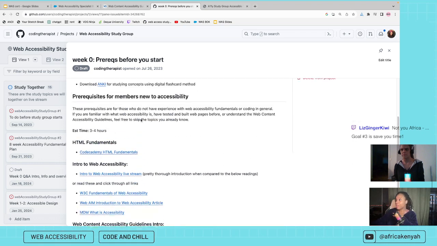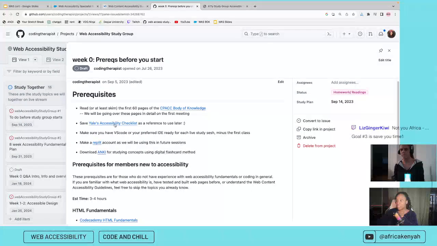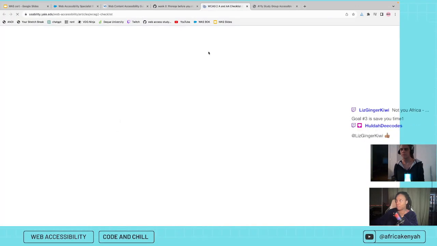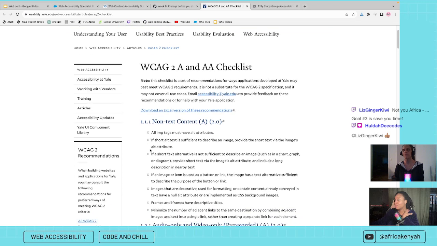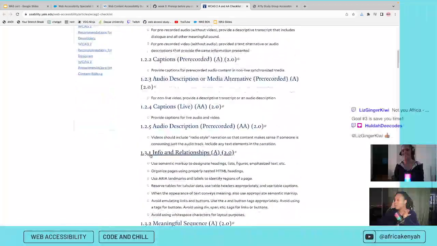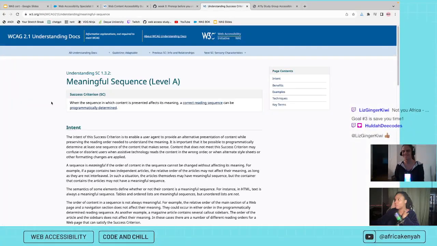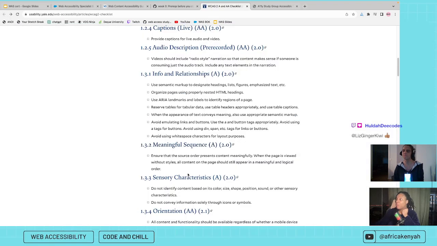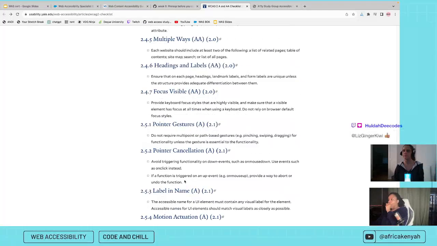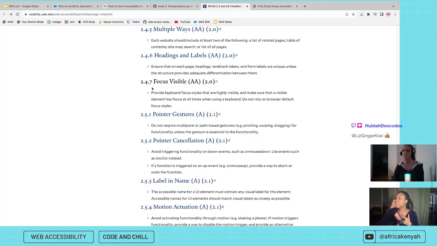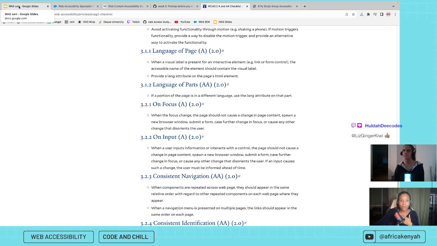So it's all here. If we go to the Yale accessibility checklist, the reason I wanted you to at least, it doesn't matter what checklist you use. I don't really care. But I use this one because it has a literal checklist with all of the little things for us to know. And if you click on it, it takes you to the w3.org webpage that tells you everything you need to know about each of these. When you're in here, it gives you a nice little overview of all the little things. So that's why I say go in there and get it.